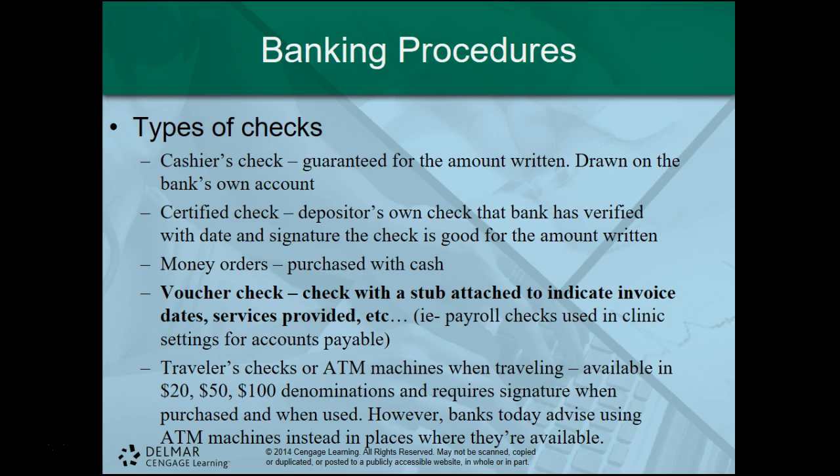A voucher check is a check with a stub attached to indicate the invoice dates, the services provided, etc. You see these a lot with payroll checks that are used in clinic settings for accounts payable. I'll show you a picture of one of those in just a second. Traveler's checks or ATM machines when traveling, those are available. Usually you can get money available in $20, $50, $100 denominations, and these checks will require signatures when purchased and when used. However, banks today advise using ATMs instead